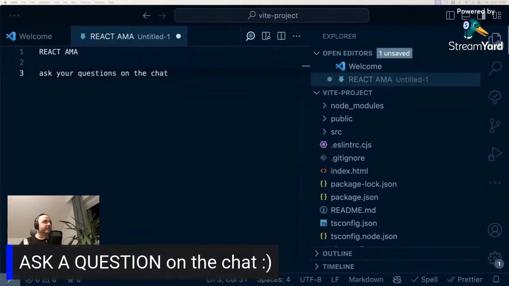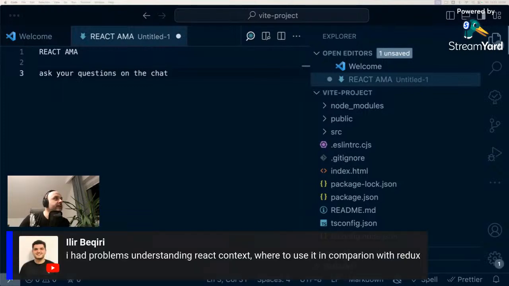Okay, I had problems understanding React context. By the way, I'll just try to learn how to use this StreamYard thing. I had problems understanding React context, where to use it in comparison with Redux, and couldn't fit it in my mind. All right, so